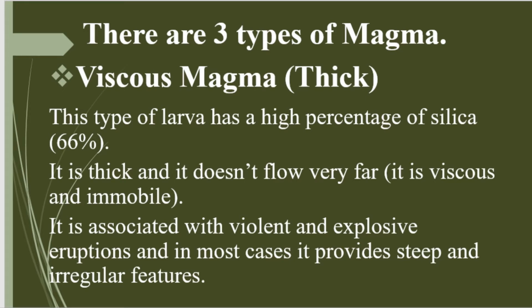magma solidifies as soon as it is thrown on the top of the earth's surface. It doesn't flow very far. It is associated with violent and explosive eruptions. In most cases, it provides steep and irregular features. So most of the landforms in South Africa, volcanic mountains that have steep slopes, are majorly formed out of what we call